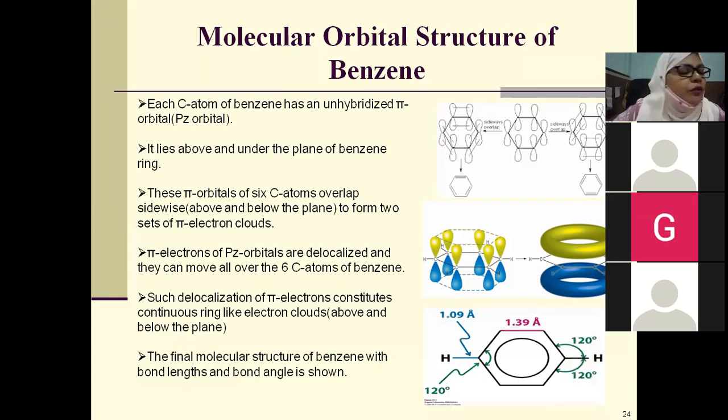So this is the final molecular structure of benzene, where I have shown what the different bond angles and the different bond lengths in the benzene ring are. So here you can see that the external carbon-carbon bond and this internal carbon-carbon bond are of 120 degrees. And as we have already explained, we have seen that all these bonds of benzene are of equal length, that